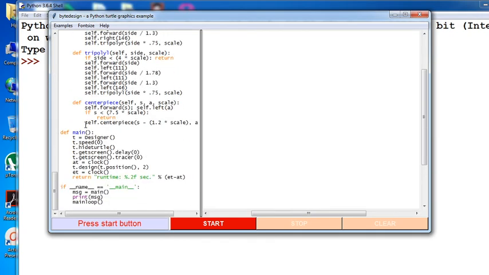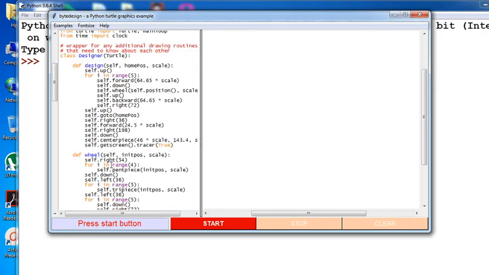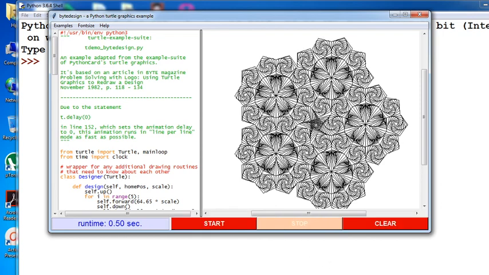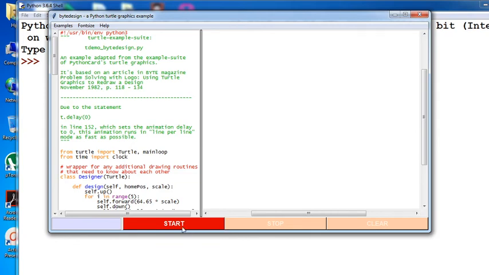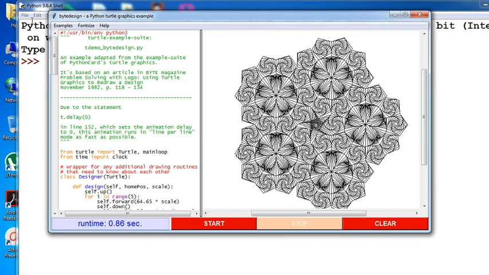Suppose these are the functions. Whatever you perform in your practical is the same as the code available here. You just click on start, and it executes automatically. See, this is your application. You can create such types of applications. Once more, click on start running. In this way, a graph is created using Python.